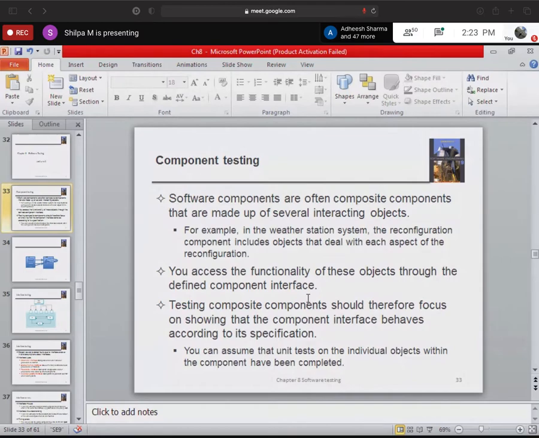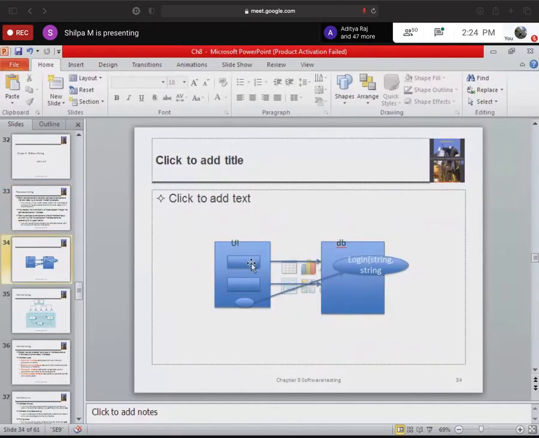So basically, component testing can be done only after doing the unit testing. That is, in order to check the component testing between these two components, first I should check whether these individual components have been tested properly using unit testing. Only when that is done can it go to the further testing, that is component testing.